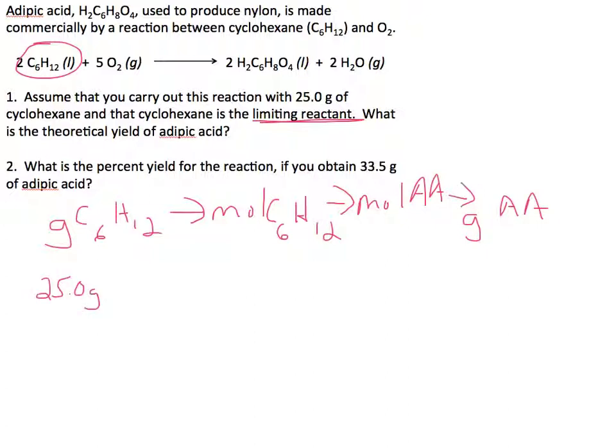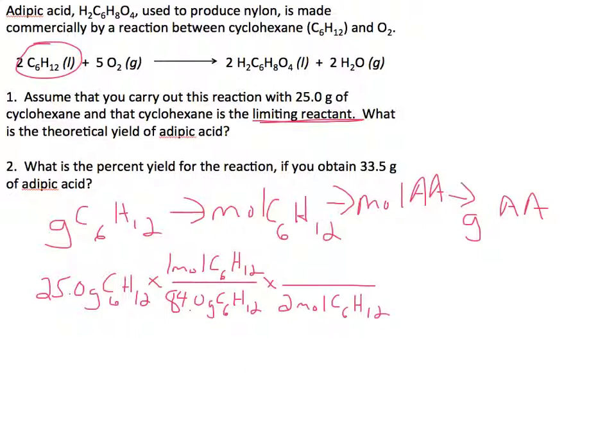Okay, and so if we're starting with 25.0 grams of C6H12, we first need to convert that to moles of C6H12, and we can divide that by the molecular weight. For C6H12, this is going to be 84 grams. Okay, then we can convert the moles of C6H12,